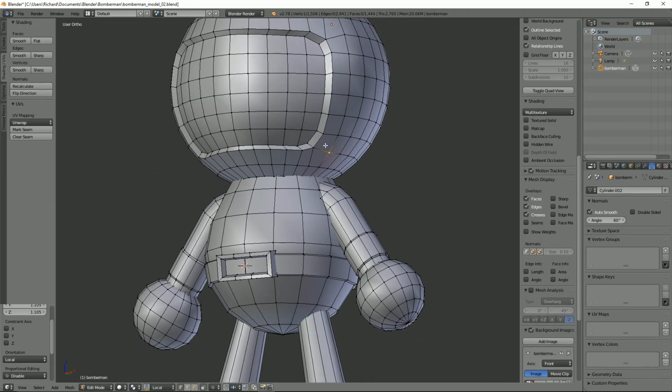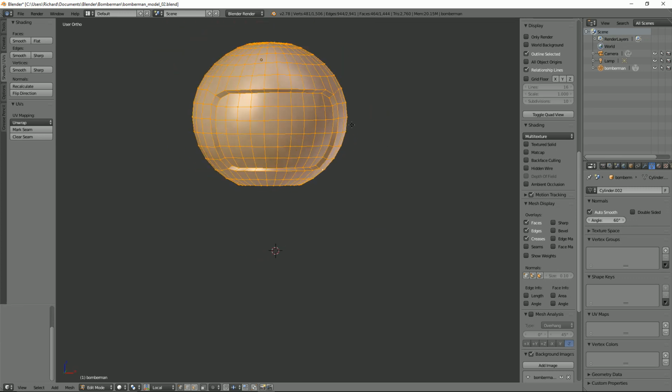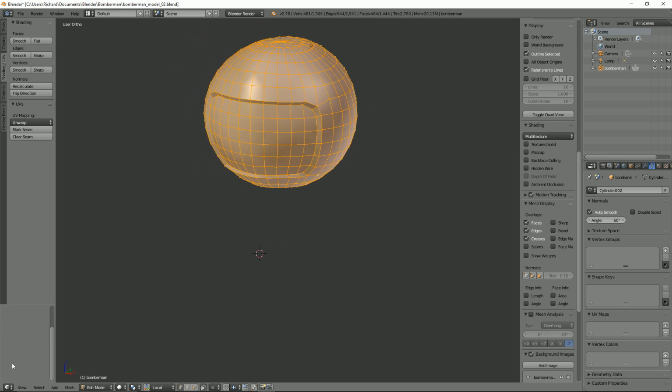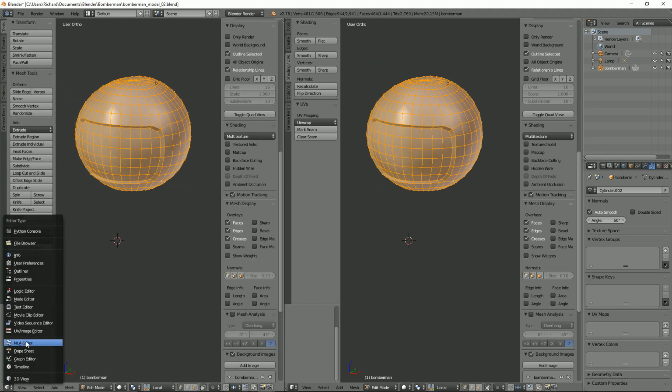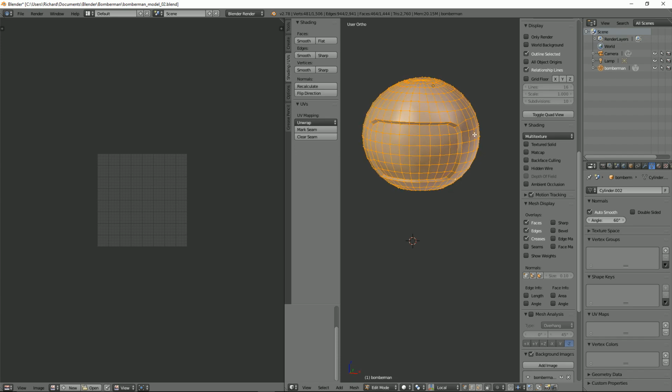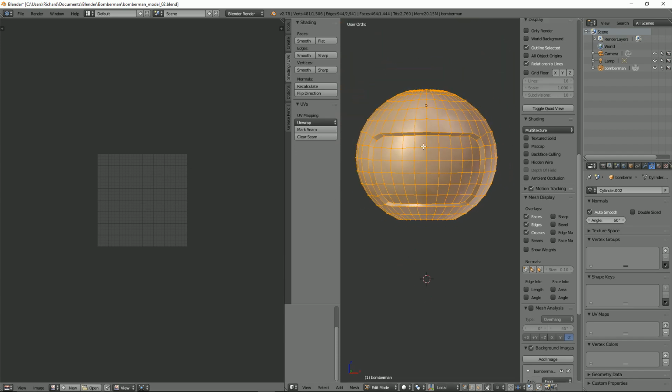Right, so now I can go back to here, L, Shift H. Okay, so we've isolated this. So now here we go, the slightly painful process of unwrapping. Let's bring out another window by dragging that across from the bottom left, clicking here and doing a UV image editor. Alright, we won't create any actual images yet, but we can just see what the unwrap's going to look